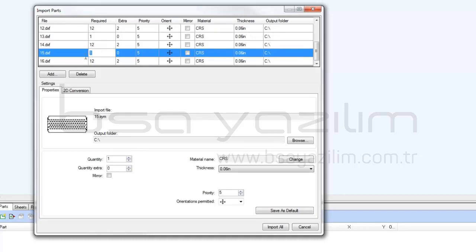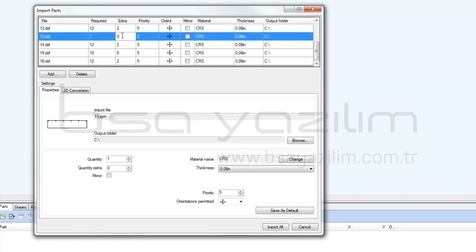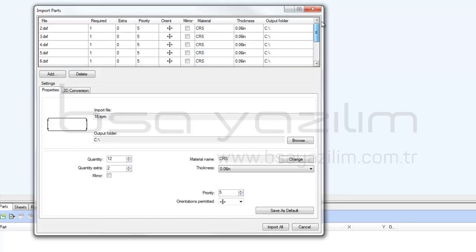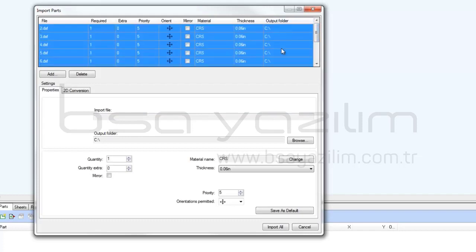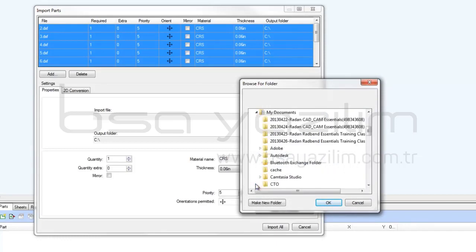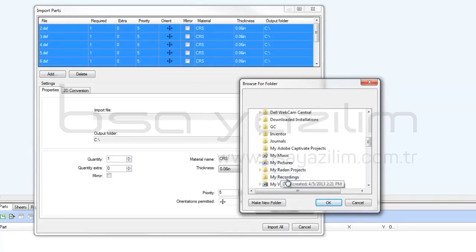You can double-click and edit certain fields in the list directly, including required and extra quantities and priority values. If an output folder has been selected or a default folder saved, the part list items stay red until the output folder is defined for each part in the list.